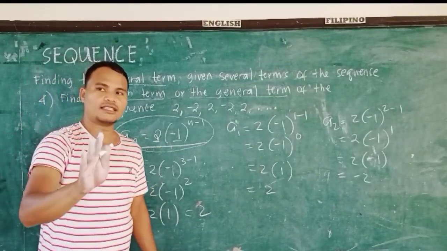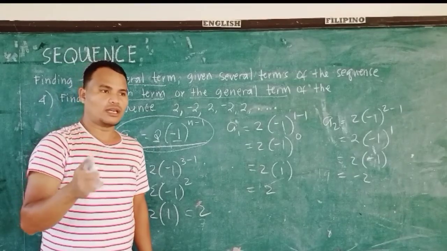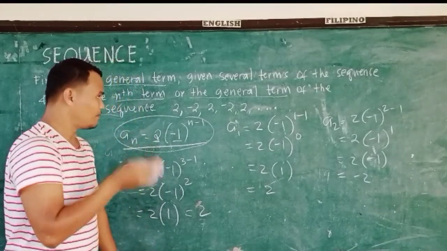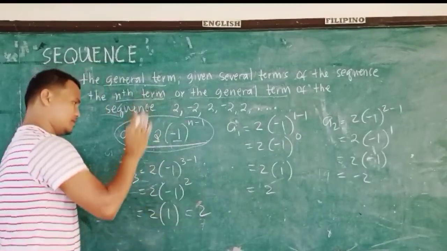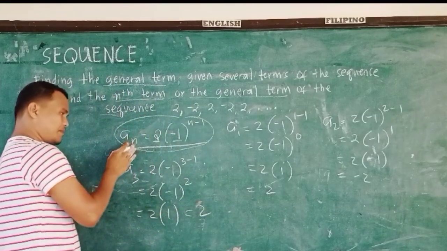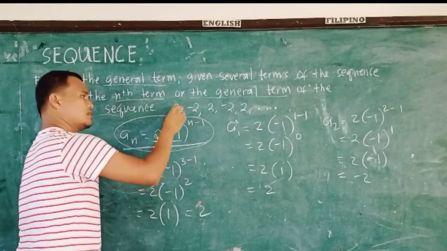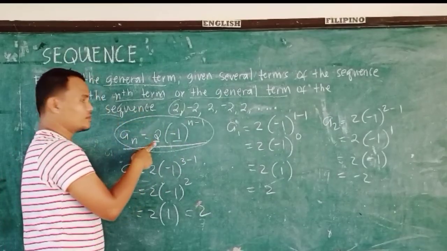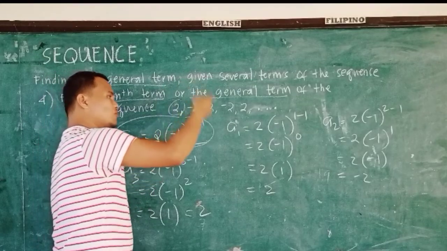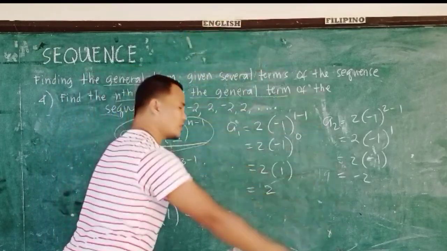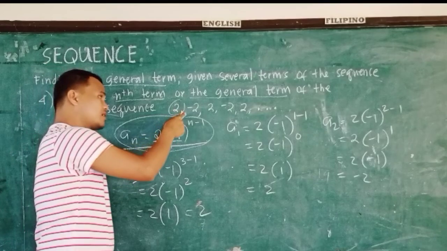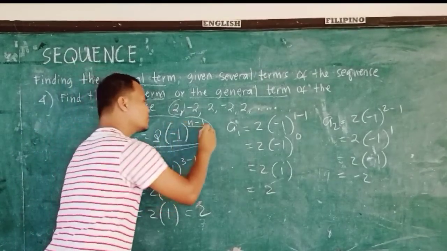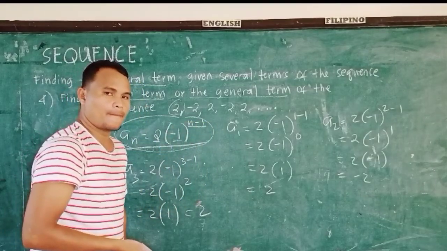Kaganina, ang gihatag ng mga example is katong ang pattern kay nag-add. In this case, ang pattern kay nag-multiply. Kung sibuhado na to, copy a sub n equals kung unsay first term din mo yung ibutang. Yes. 2. Kung unsay gi-multiply nimo kada term para makuha ang sunod na term, mo ibutang nimo din. In this case, we multiplied negative 1 to each term. Yung ibutangan ng parentheses, always na siyang n minus